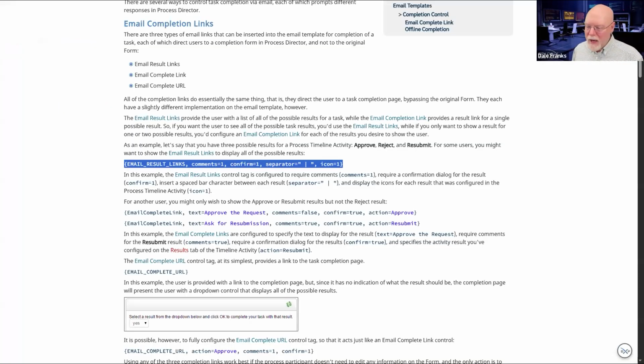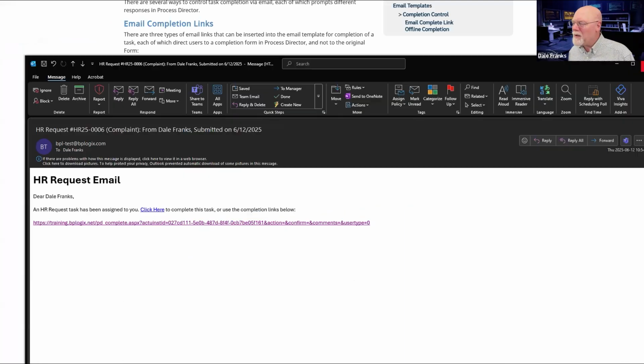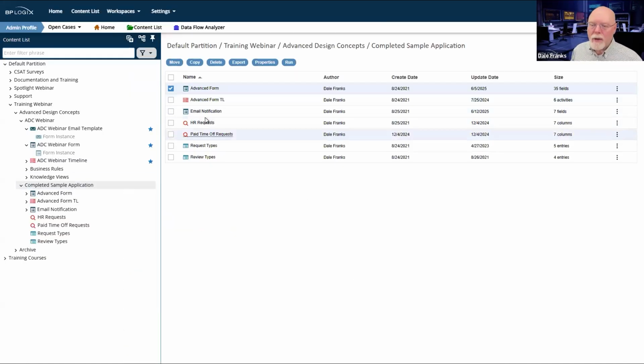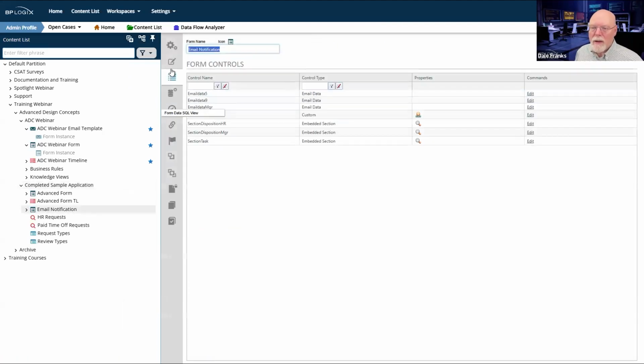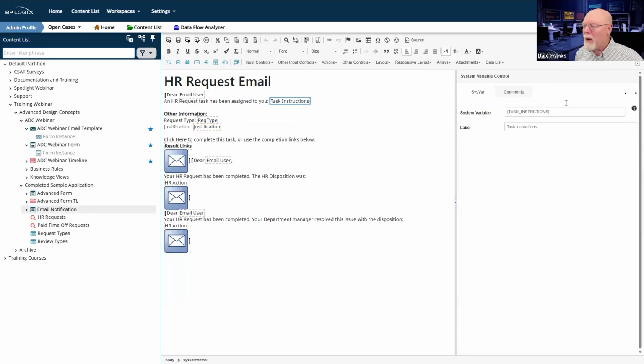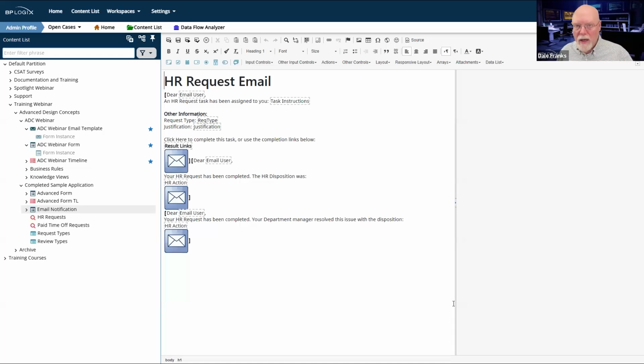So the key thing to remember, as I've got a whole bunch of different emails open now that I want to close, is that if I'm going to use any of those completion links, then that's going to impose on me the responsibility of throwing in all of the extra information that I need. And while I'm here, I'm just going to spell task instructions correctly and save it. So as I was saying, it imposes on me the responsibility of giving the user the information that they need to make that decision to complete via email.